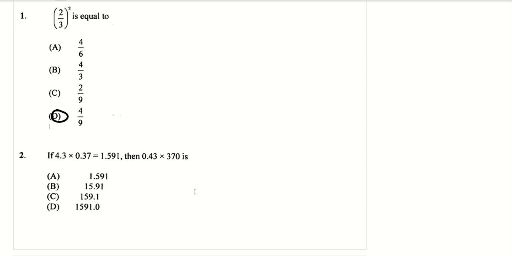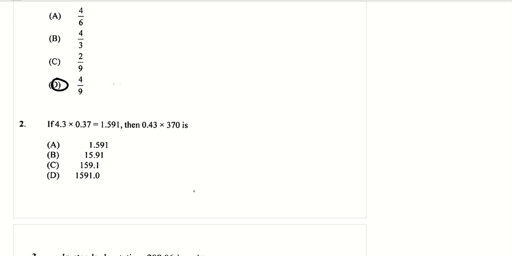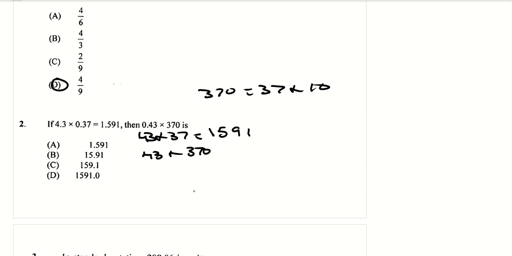This is a repeated question as well. We know that if we remove your decimal point, that's 43 multiplied by 37, you'll get 1591. This has 43 multiplied by 370. We recognize that 370 is 37 multiplied by 10. So it would be 43 multiplied by 37 multiplied by 10. 43 by 37 is 1591 multiplied by 10 is